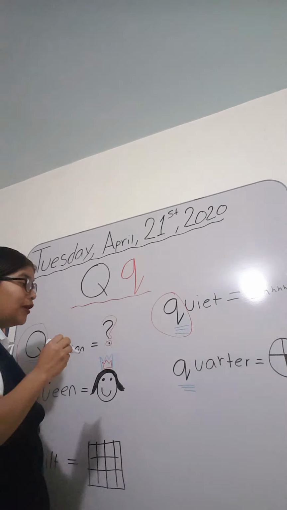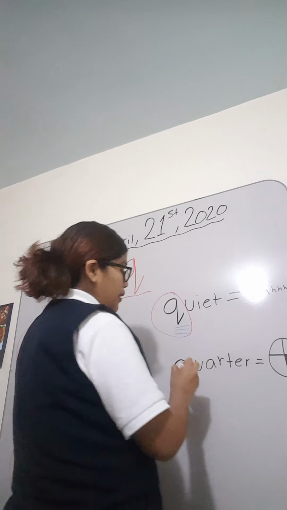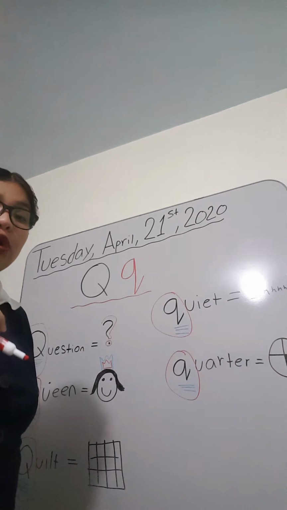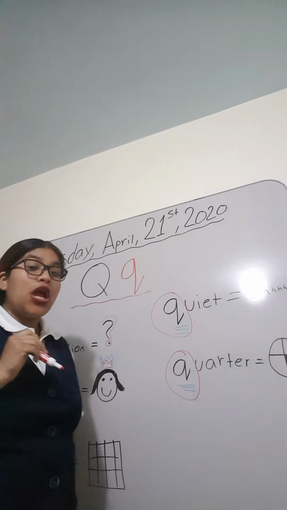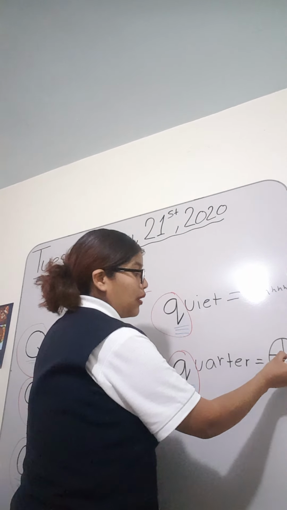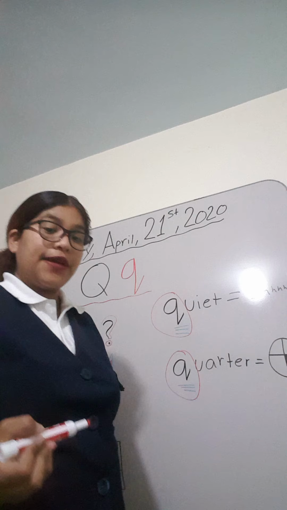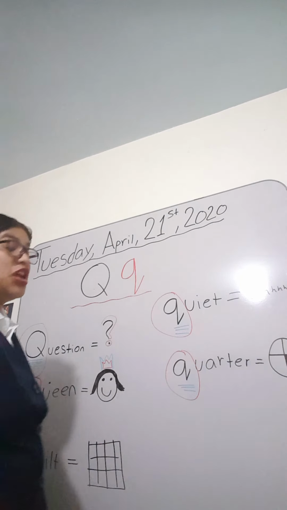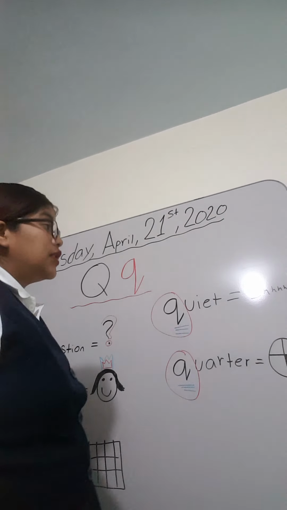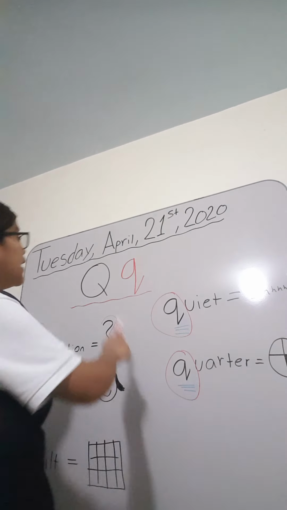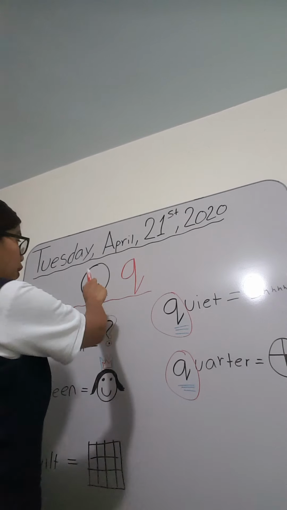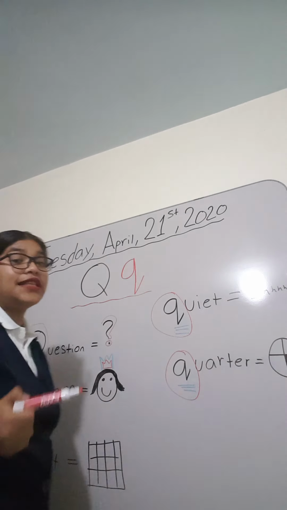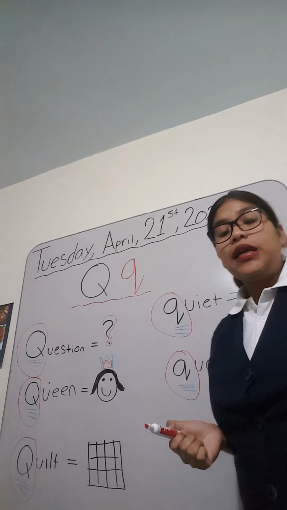And our fourth word is quarter. And the letter is the letter Q. It's also lowercase, which is quarter. That's a quarter of a pizza. A quarter of something that you're gonna buy, like a pie. So the letter that we're gonna be working on is the letter Q. Upper Q, lower Q. Uppercase and lowercase. Remember, the sound of the letter Q is